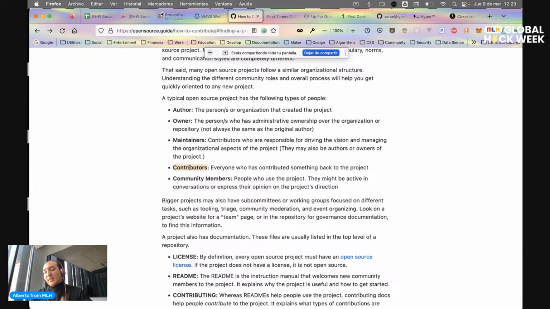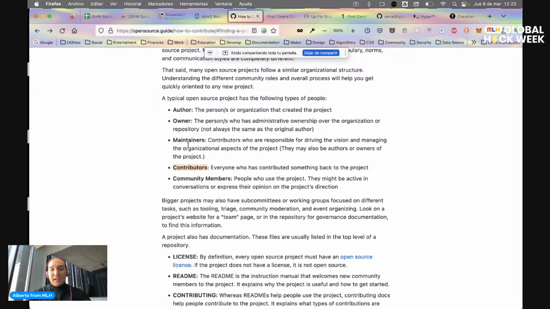And then they resolve it. So now they make a pull request to the maintainers so they can approve their contributions. Maintainers take the contributions from the contributors and add them to the project. And that's somehow an explanation of how open source works.